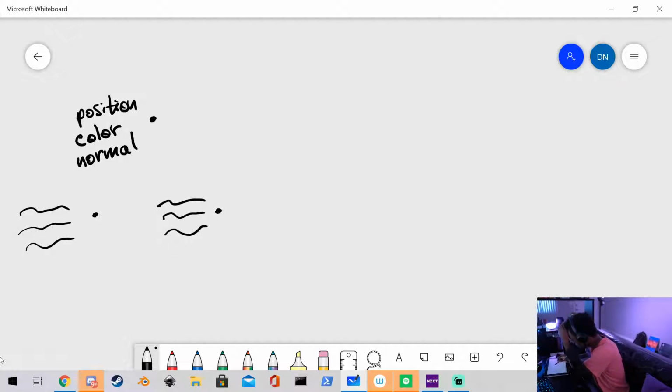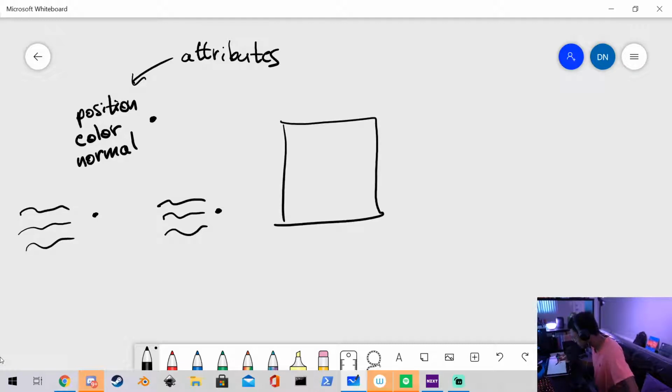And I want to label these, like this color should match a label of attributes. And following that, I should have a box, probably, called vertex shader. And it's going to take all of this in, which I'm not sure how I animate, but it's going to take this in and it's going to output